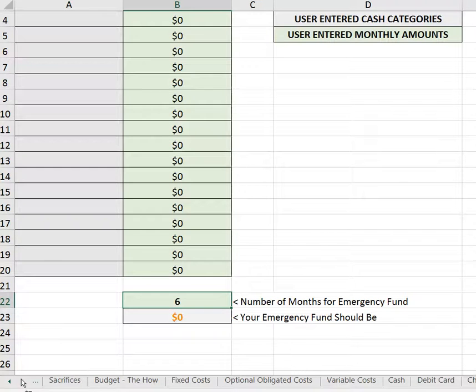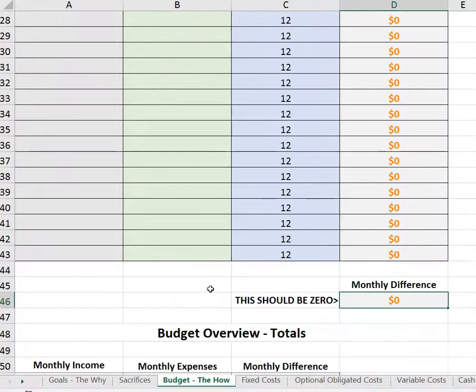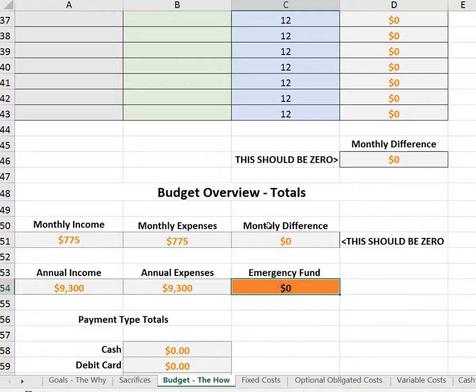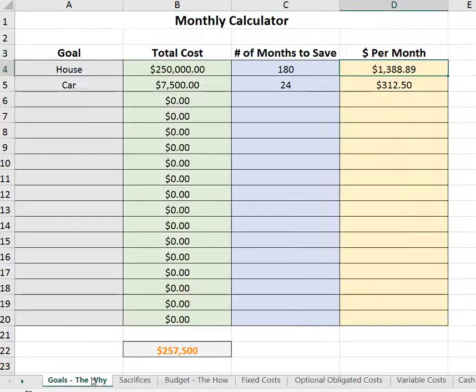Now, I'm going to hop back into an application here. So two things. One, that emergency fund flows here to your dashboard, just so you can see what your emergency fund is or should be. And over here, I would plug in, if you don't have an emergency fund currently or a small one, I would plug in your emergency fund, put in the goal and how soon you want to have it saved, and